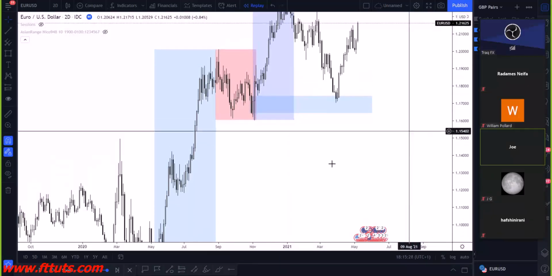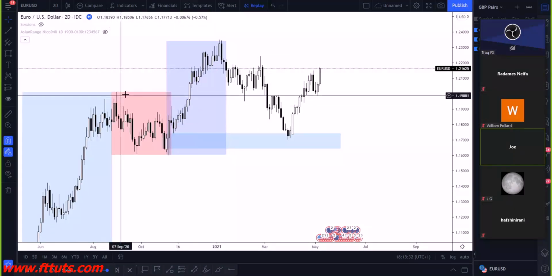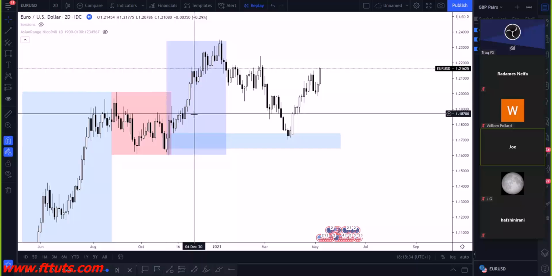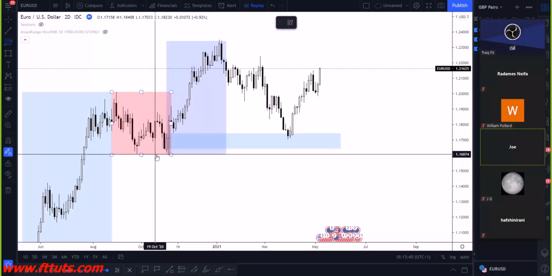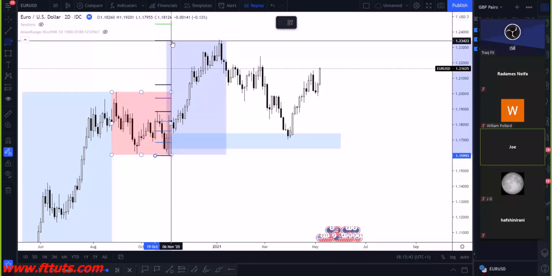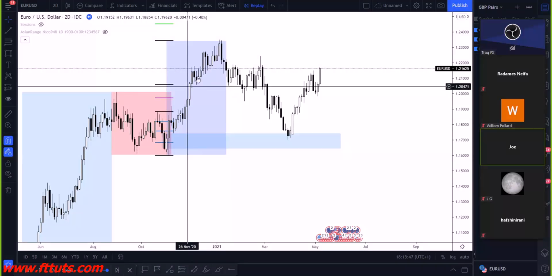And like we talked about, whenever we see a major expansion move up that broke out of the previous range, what we're looking for is price to pull back into the open of that major expansion. So for example, if we take our fib out and measure it from the low to the high of the expansion, so we did it from this low up to this high,